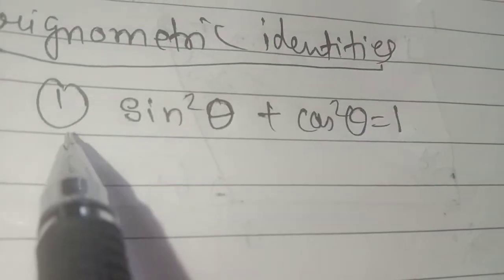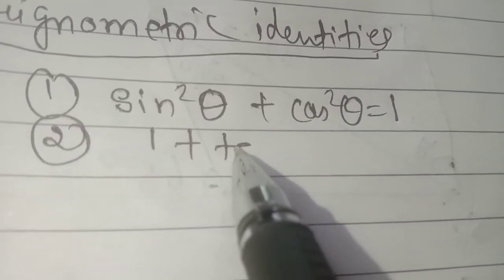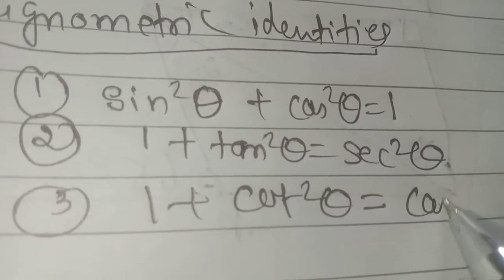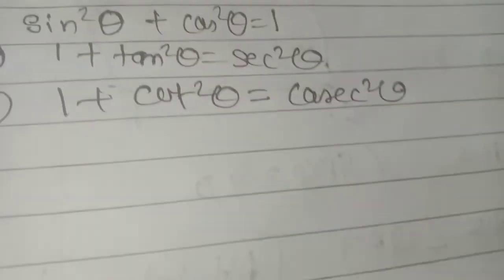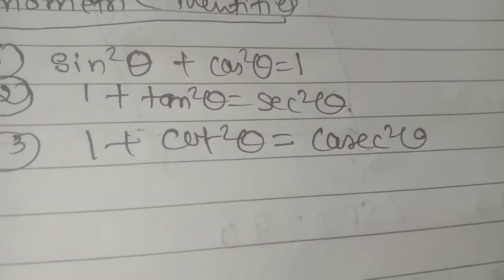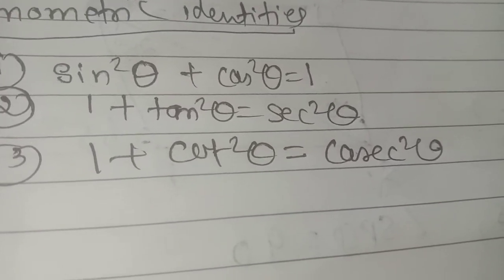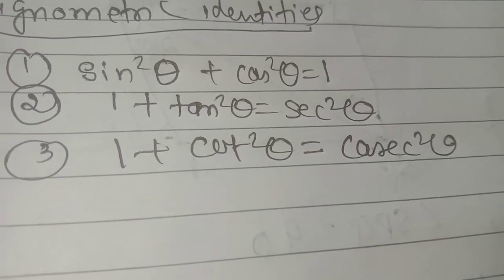What is trigonometric identities? We have three identities. The first one is sin square theta plus cos square theta is equal to 1. Second is 1 plus tan square theta is equal to sec square theta. And the third is 1 plus cot square theta is equal to cosec square theta. Now for the next coming exercise, we have to use all the inverse function formulae and trigonometric identities to prove or to solve or to find the values of the given questions. So let's prove it one by one.